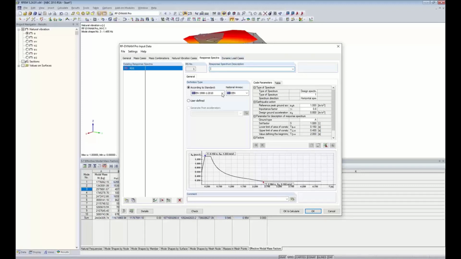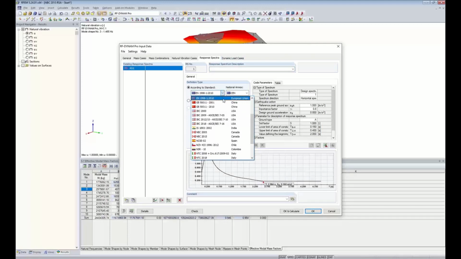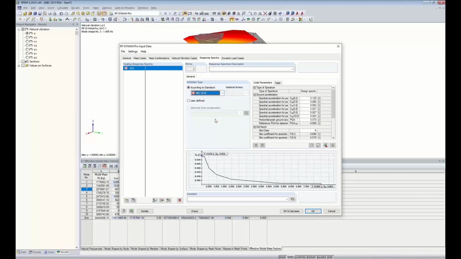And you'll notice that with the response spectra, I have the ability here to select a standard from my dropdown. And you'll see here the IBC and the ASCE 7. We have the Eurocode, many other international standards as well. But today we'll be focusing on the NBC 2015. Now this table over on the right will be automatically updated according to which standard you're choosing. Now notice you can also choose a user-defined option here where you can just input the accelerations as a function of time period manually. So moving forward with the NBC 2015, we want to give this response spectrum a description,